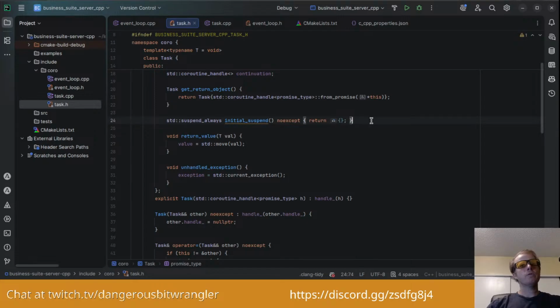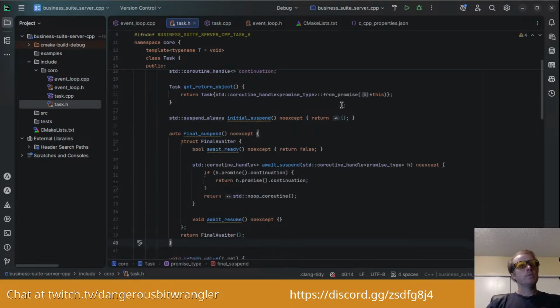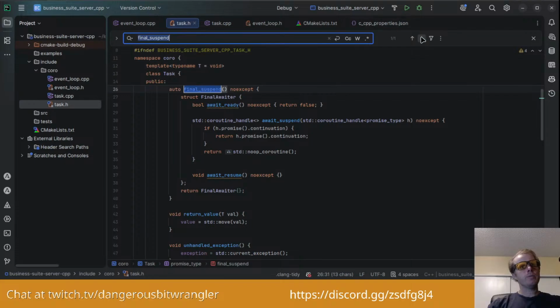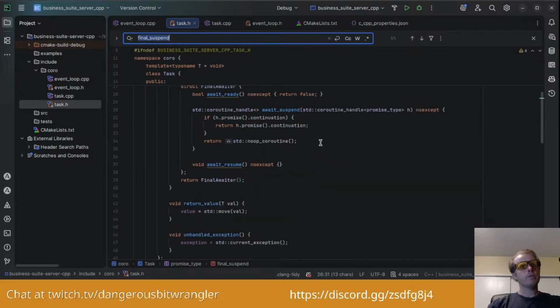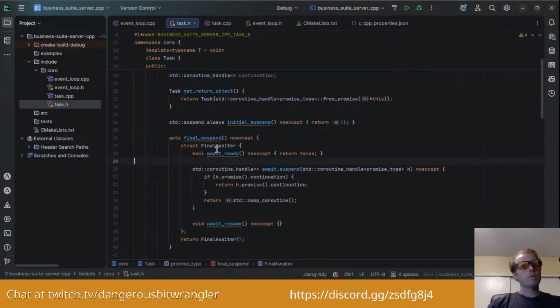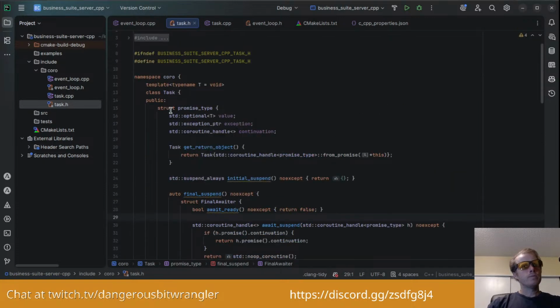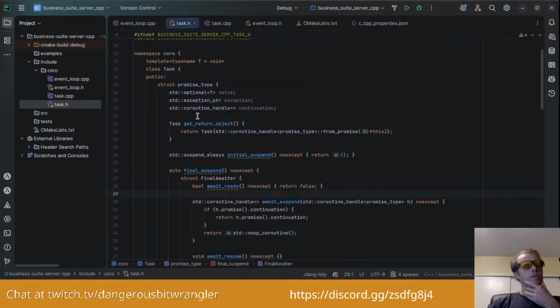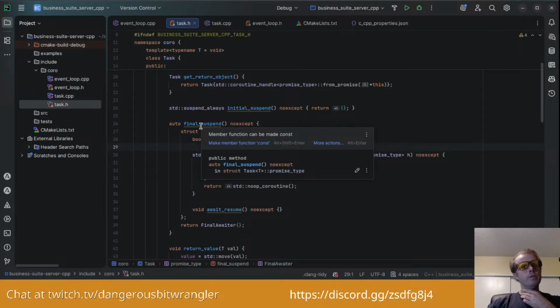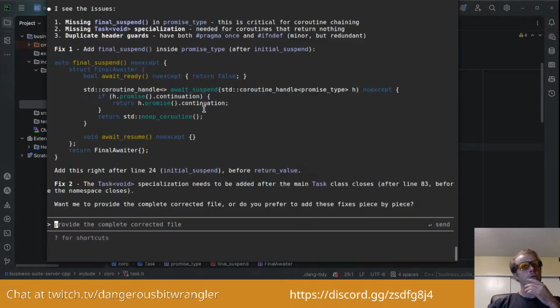Okay, here's line 24. I thought I already had a final suspend somewhere in here, but this does not. It's inside the struct. And it's saying that final suspend member function can be made. Oh, okay, that's just a suggestion. Okay.